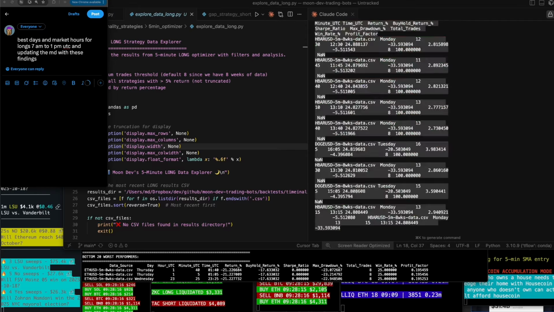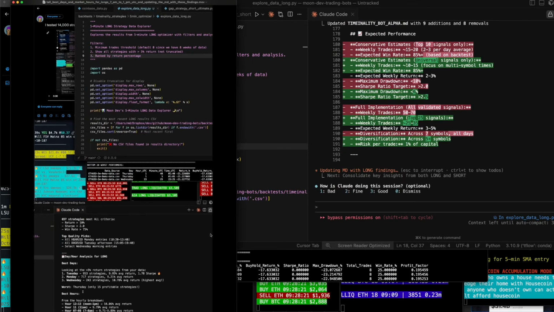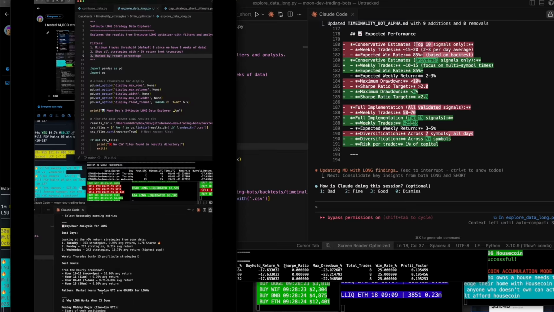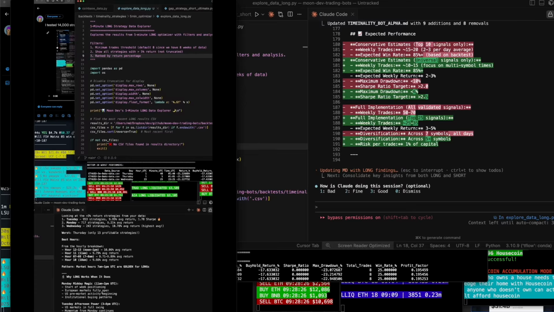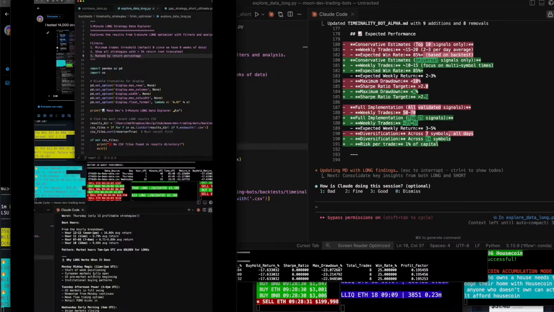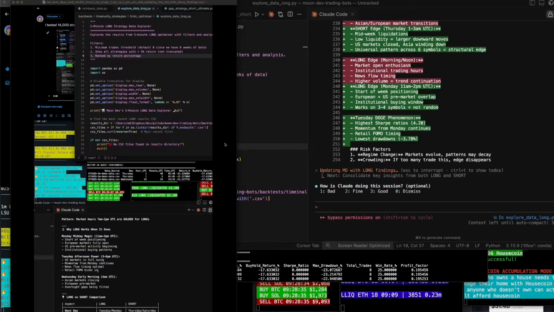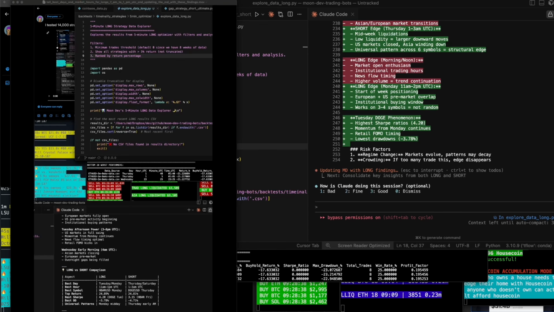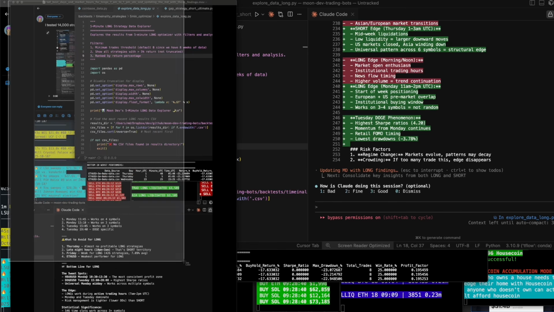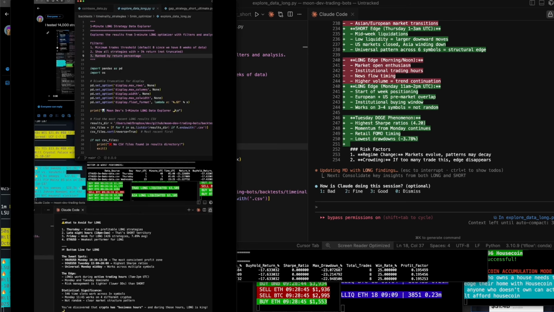Interesting. Let's see what this one says. Best days, worst days. Market hours 7 a.m. to 1 p.m. UTC are golden for longs. Why longs work when they do? Monday, midday magic. Tuesday afternoon power hour. Long versus short. What to avoid? Okay, I'll update that MD with these findings. Make it not too long of an MD, but